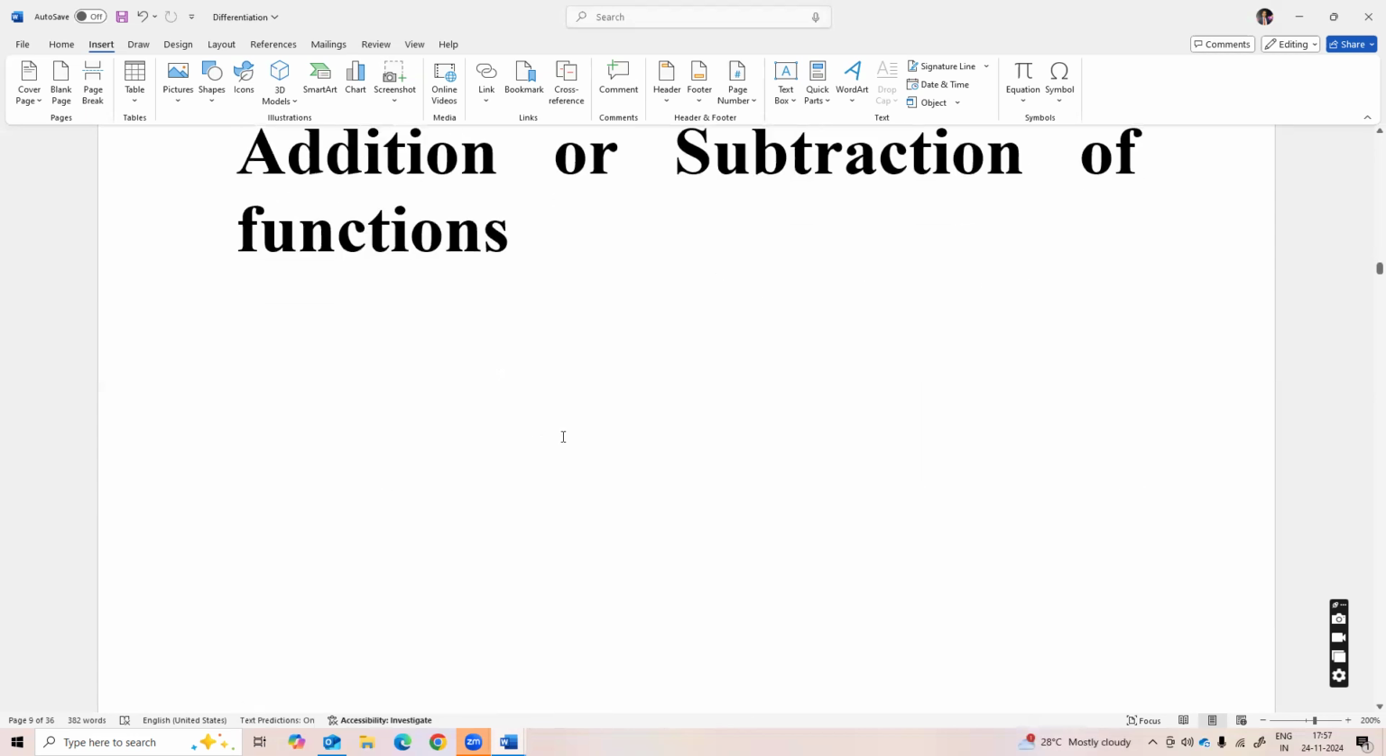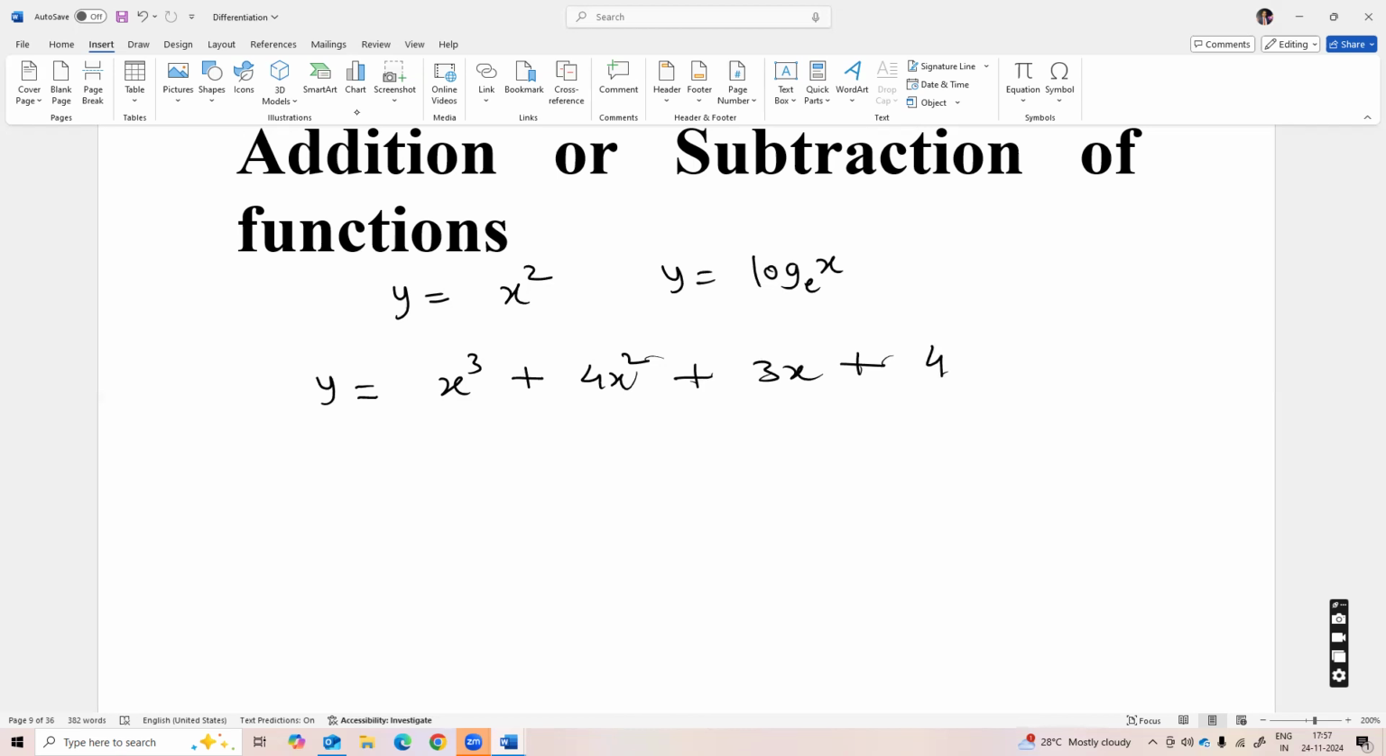So let's see the addition and subtraction. Earlier, whatever we have seen, like y was x square or y equal to log x, we have seen functions like this. But what if we have the function y equal to x cube plus 4x square plus 3x plus 4? In this case, if you have to find the derivative, if you have to find dy by dx, you can simply write it as d by dx of